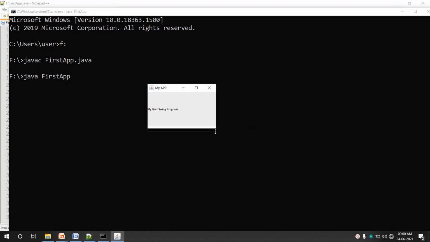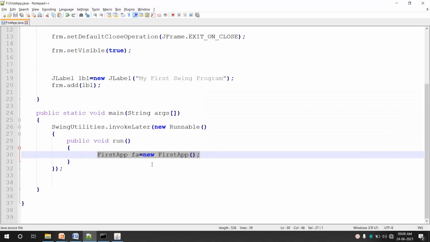So there are no changes in the GUI, but now the GUI code is executed on the event dispatching thread, and this is important in all Swing GUI applications. All the Swing GUI components must be created and updated from the event dispatching thread, not the main thread of the application.